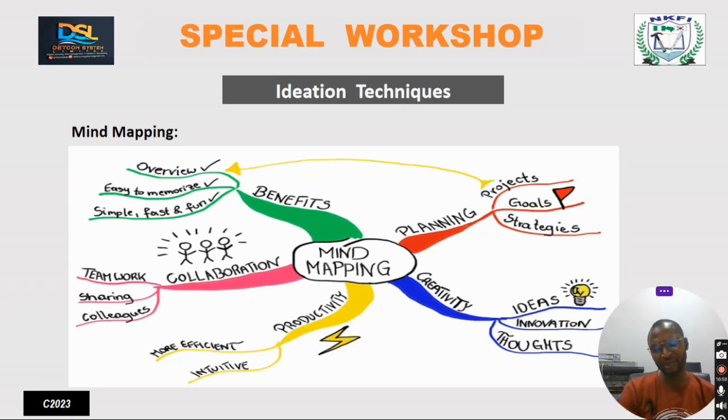Then the creativity aspect. Are you creative, or is it only the idea that you have? What will add a source to this is how creative you are, to turn the straight line to an L shape, to turn the L shape to a square shape and all of that. That is what is involved in this. Then in all of this, it hangs around innovation and how creative your thought is.